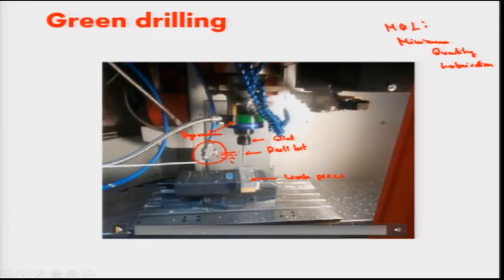The flow rate of mist is quite lower than what we use in coolant. In other ways, dry milling, dry machining. In dry machining, none of the fluid is used, but in that case, the quality is suffered. So in this case, mist is one of the alternatives that is used. MQL, it is minimum quantity lubrication. So this technique is used here to conduct this milling.